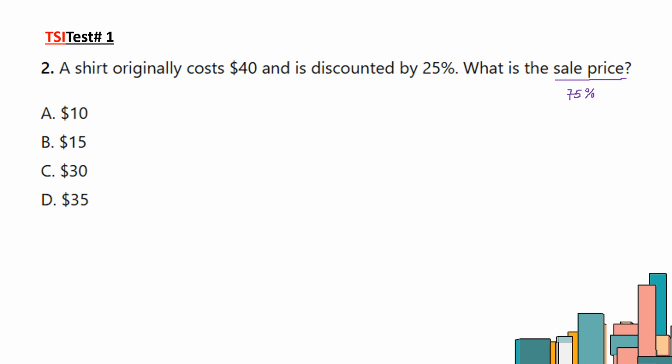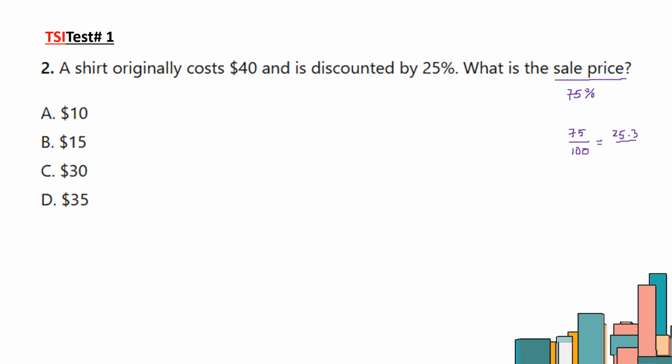Okay, and we remember when we say percent, per means over, cent like 100, so percent is something over 100. So 75 over 100, this one is